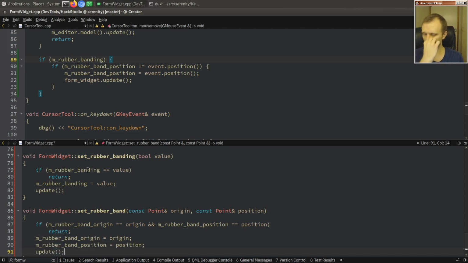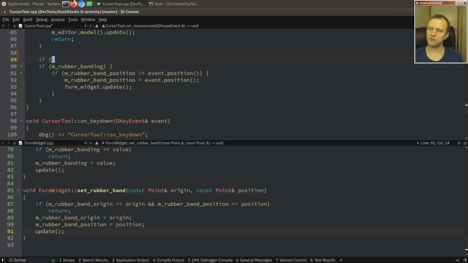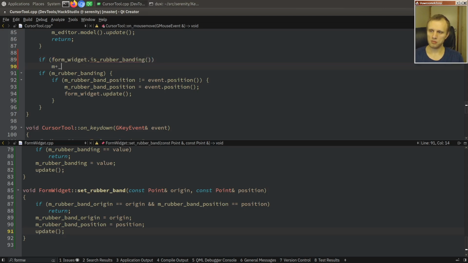Update. All right. That's pretty straightforward. So if form widget is rubber banding, and form widget set rubber band,